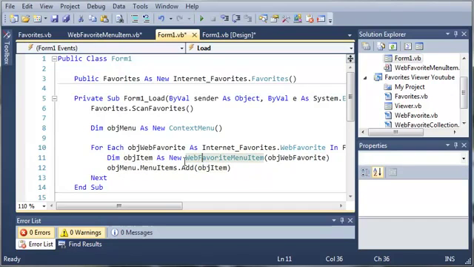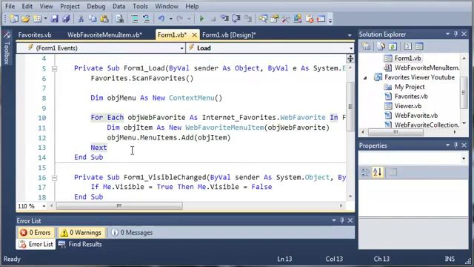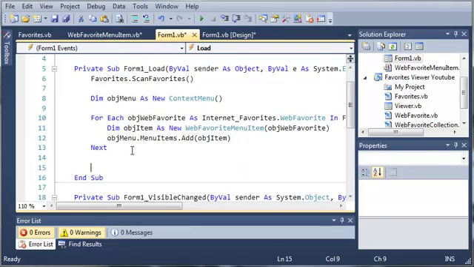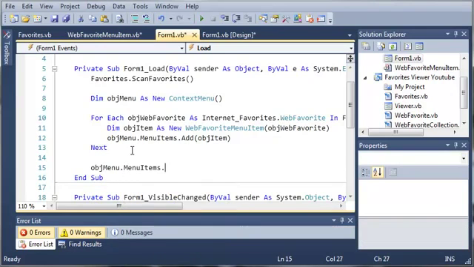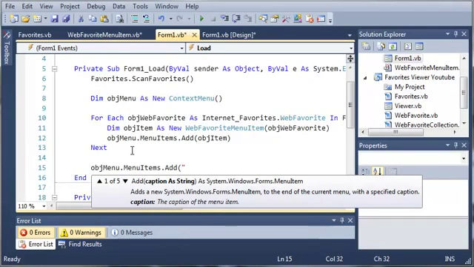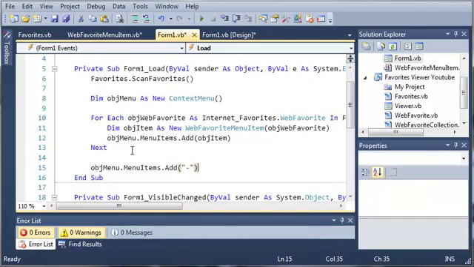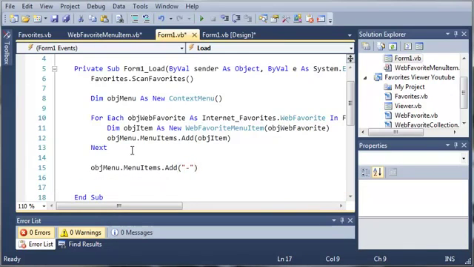Object item is a web favorite menu item, and it uses the web favorite that is in the collection of scanned favorites. Now it's going to do this for each of those favorites. Each time it's going to add a new menu item based on each favorite in the list. So now we need to separate it from the exit. We'll type object menu dot menu items dot add, and when we add this right here, it's going to add a separator in between